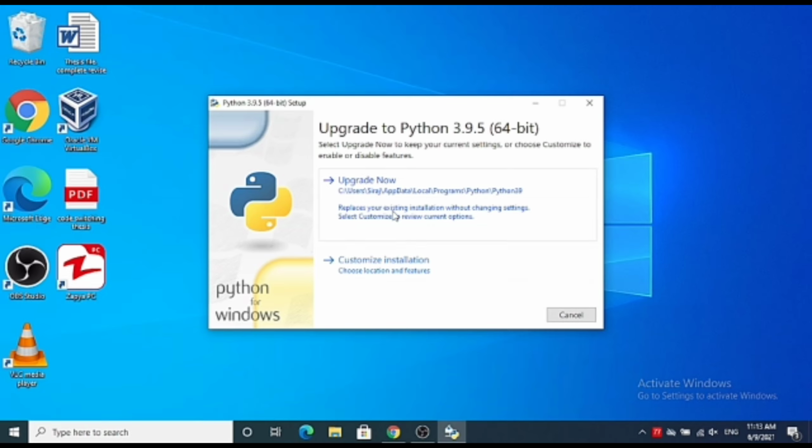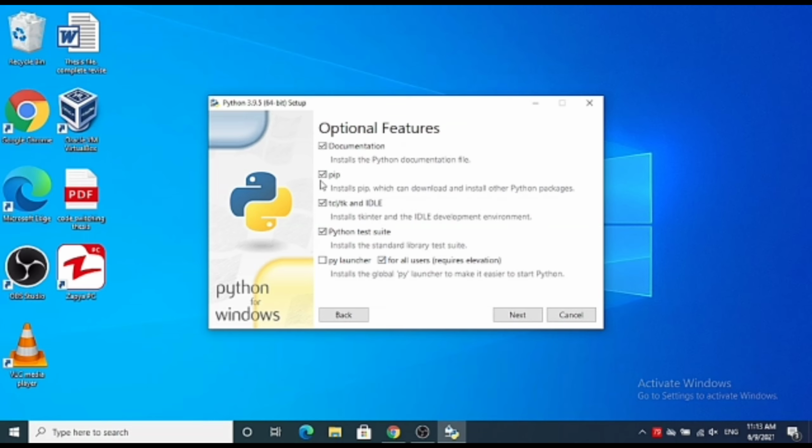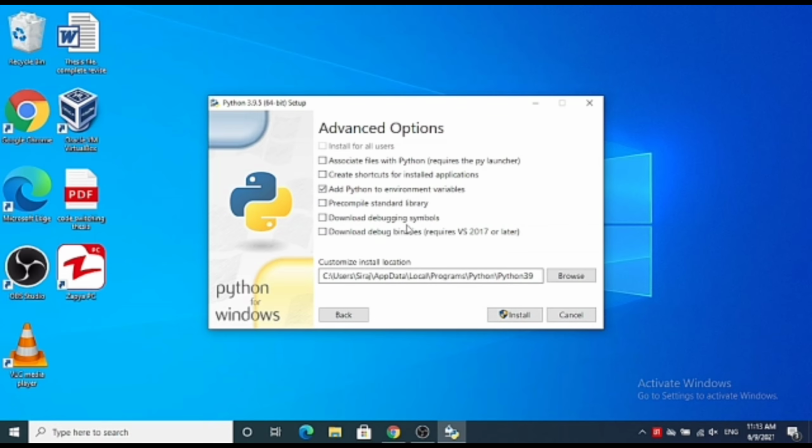So here you just need to click on customize installation, and then on the next window you just need to check these check boxes if you want, like pip, and the second option is idle IDE PyLauncher, and then click on next. Now you can see yes, I want to install for all users and rest keep as it is,